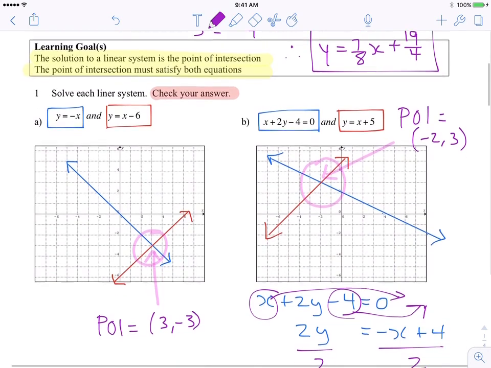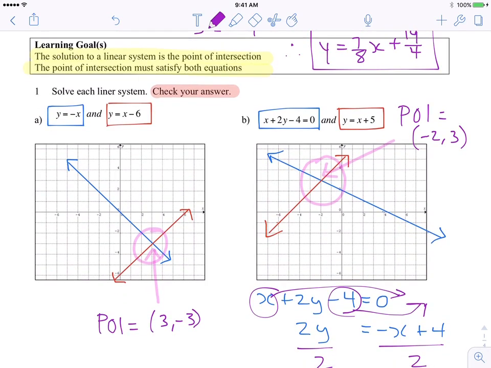Now I want to move on. Again, solving a linear system, the main goal of this lesson. To solve a linear system means to find the point of intersection. You'll notice here in the learning goals that the point of intersection must satisfy both equations. And that's just math language to let you know that where the point of intersection occurs,